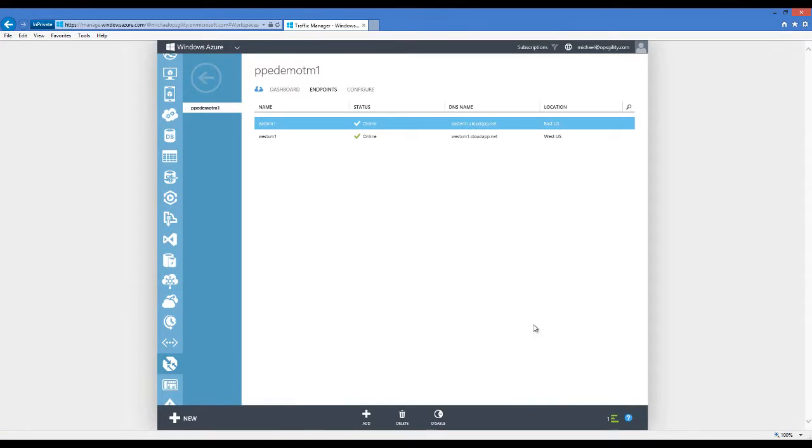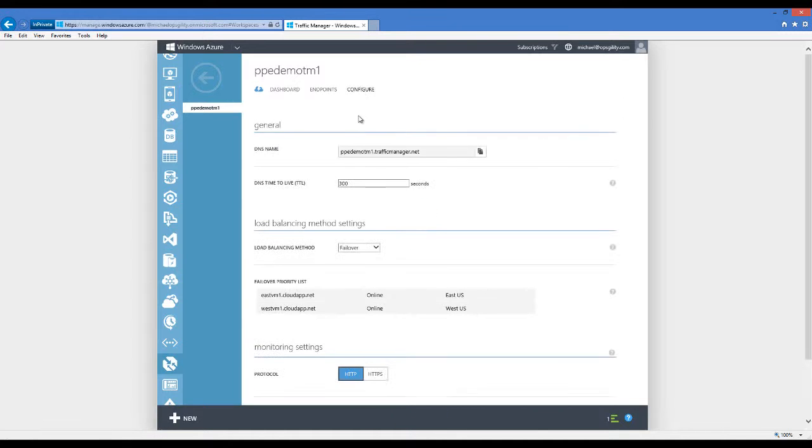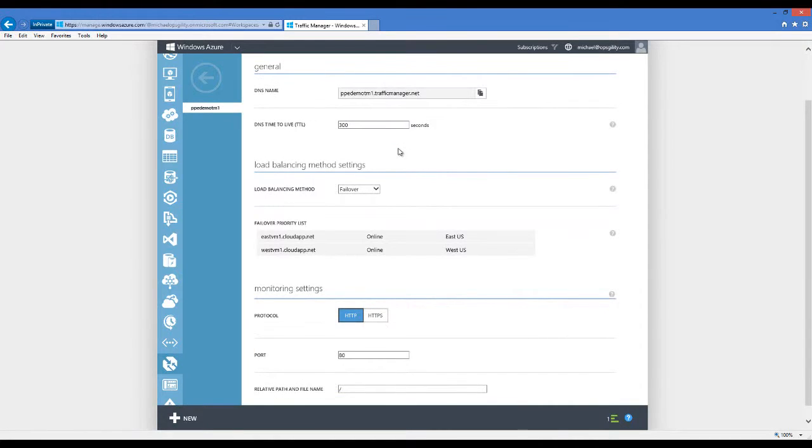Now that the endpoints are online, let's take a look at the configuration real quick just to see how things actually work. So if I flip over to the Configure tab, you can see that the DNS name, this is the main DNS name that Traffic Manager uses to route traffic, is ppedemotm1.trafficmanager.net. The DNS time to live is set to 300 seconds by default. The load balancing method is right here, currently set to failover,